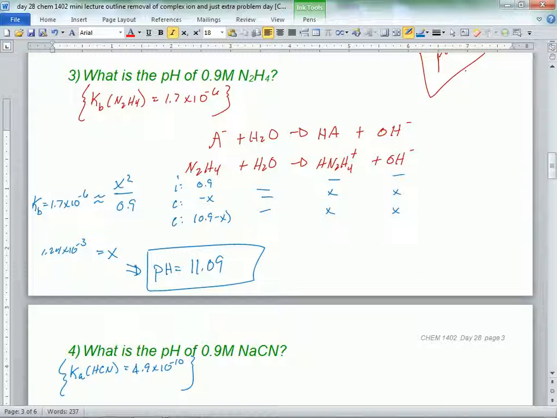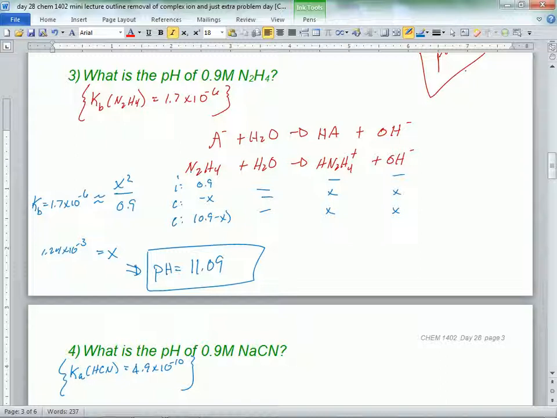If you're working on 4, Victor, are you working on 4? Yeah. Okay. Disregard that for now. Do you recognize, is this an acid or a base? It's not so obvious. But don't look at the Na. Now you look at it. Is that an acid or a base? It's a conjugate base. So you have to write a Kb